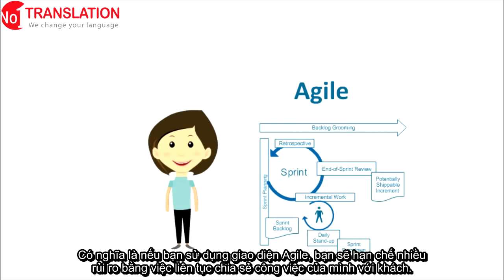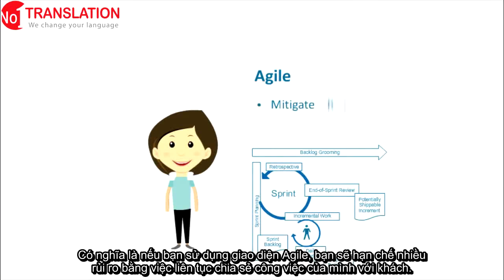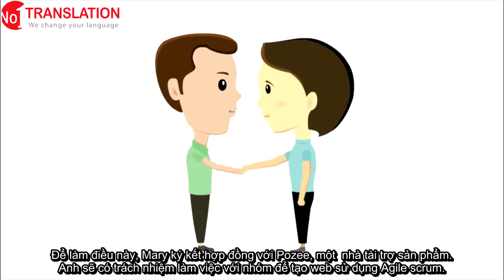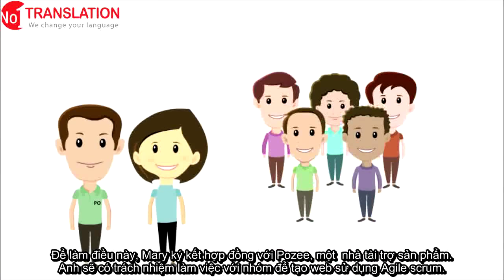This means that if you work in an Agile fashion, you mitigate risk by continually sharing your work with your customers in order to validate that what you are building is what they really want. To do this, Mary contracts with Rajesh, a product owner who will work with a team to build the website